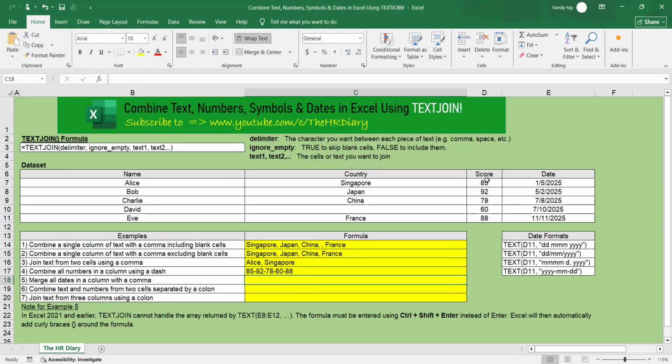Now let's move on to example 5. In example 5, I will show you how to merge all the dates in a column with commas. Now this is a little bit more complicated. To do that, enter the formula =TEXTJOIN(", ",TRUE,TEXT(select the dates,